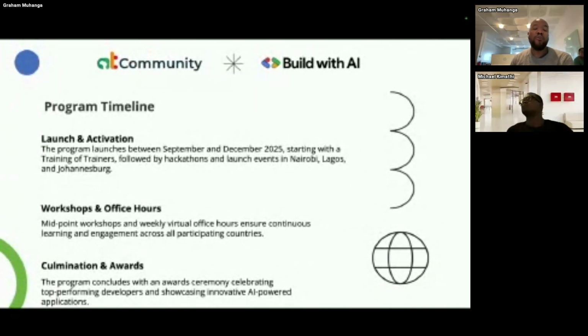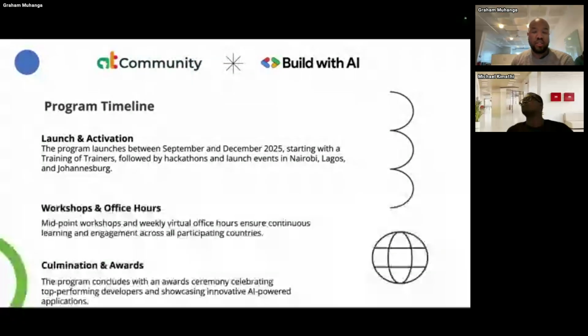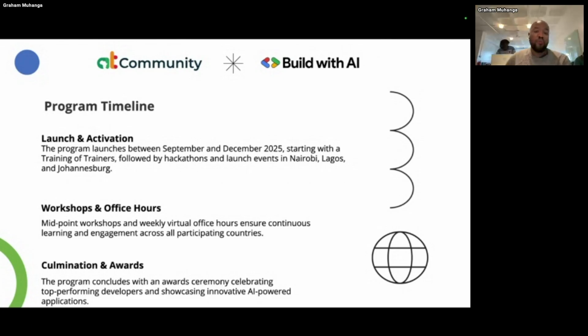Today marks our official launch. However, we're having some activations in one week. We've had a trainer of trainers, and if you are interested in being a trainer of trainers in your city, please let us know and we will point you to the right resources. So this marks our official launch of the Build with AI series. Throughout this week and into next week, we could also do a few more of these sessions to make sure we are all on the same page, in case anyone missed it and has questions. Then we are going to be having midpoint workshops, which are the office hours.